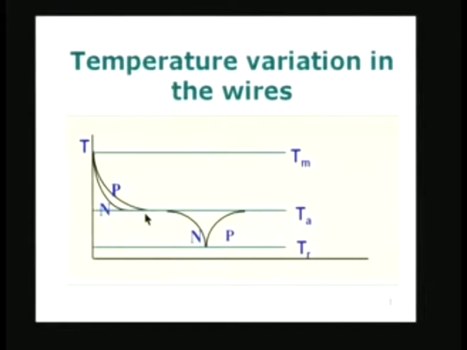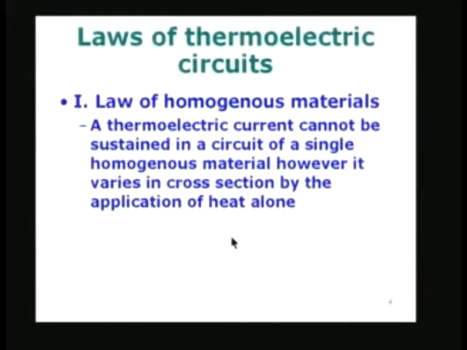So, you have a junction and a very short distance away from the junction, you have a wire connected to it, which is either copper wire or an extension wire, so that we save on the cost of the thermocouple wire. Otherwise, if the wires are, let us say, 10 or 20 meters long, depending on the application, we will have to use 20 meters of highly expensive thermocouple material. It is wasteful, because it costs a lot of money, and there is no point in doing that, because bulk of the length of the wire is actually at a uniform temperature. So, this is very important to understand.